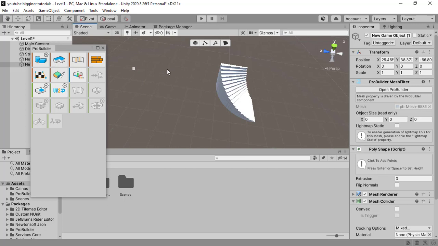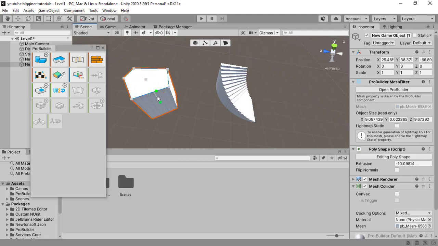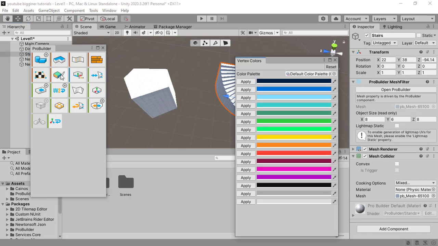For example, you can add vertices with clicking, and after you're done with your vertices, just click the first one and it will automatically create a surface for it, and by dragging your mouse you can create your own game object. By selecting a specific game object like this one and clicking on this menu, you can change the color of it,